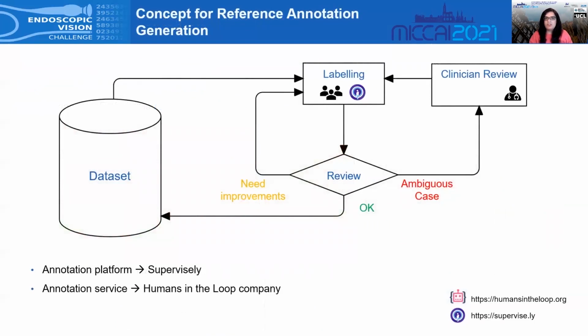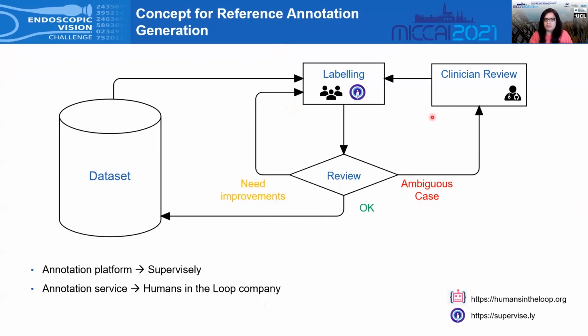The collected data set was then annotated to obtain the ground truth for the segmentation task. We were given guidelines from the clinician on the three labels that we wanted to annotate on each frame. The annotators followed these guidelines and annotated the data set. Then this data set was reviewed by two researchers, and if there was a need for improvement, this was flagged. And if there were some frames which were difficult or ambiguous to annotate, we went back to our clinician to